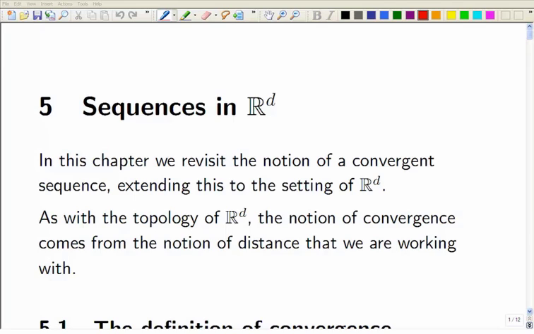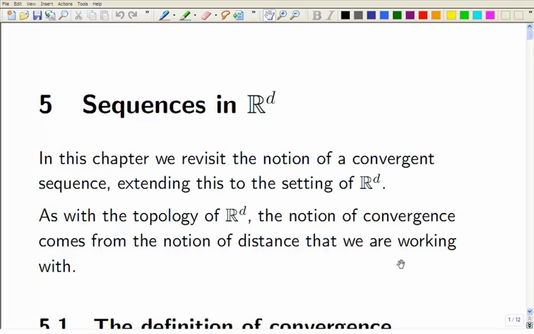This is just going to be a brief introduction to Chapter 5 to finish this lecture with, where we're going to look at sequences in R to the D. We're going to revisit the notion of convergent sequence, and I'm going to tell you about another one of my invented terms, which is supposed to help you with convergence of sequences, because I sometimes feel that people have a good intuitive understanding of what it means for a sequence to converge, but yet again, because they're not really on top of the definitions and haven't been used to working with the definitions, sometimes people find it hard to prove